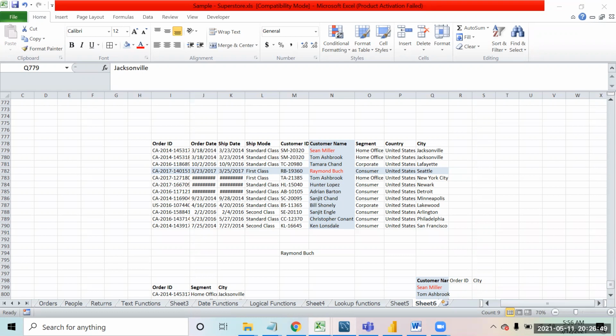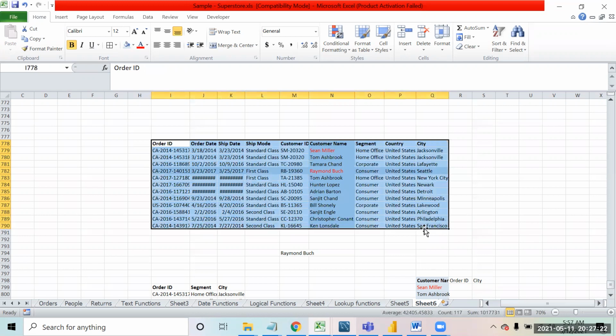Again, index match. The reason I'm giving you this question is to see the challenge that we had in VLOOKUP. So we are just overcoming that. Basically, in VLOOKUP, I cannot find the data from right to left. For customer name, I cannot find the order ID. But with index match, you can do it, because it's the game of row and column. So if you have to find the order ID, and this is the matrix, what will be the row number?